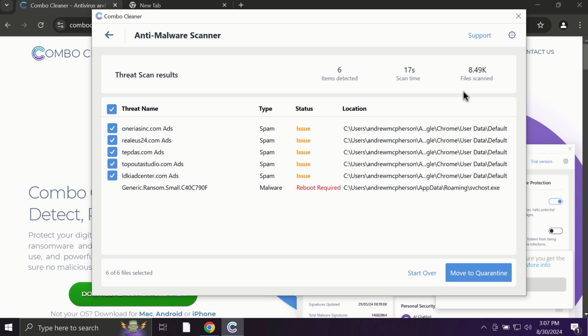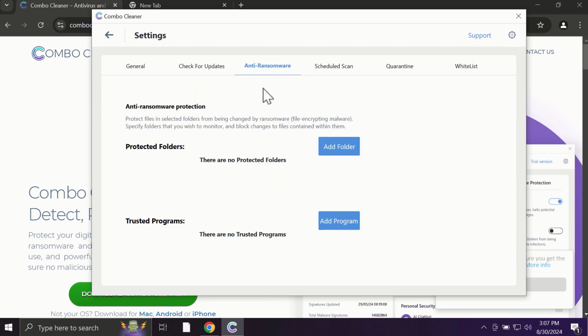Based on the summary of threats, you'll be able to know the locations of threats. Some threats can be removed manually, but I definitely recommend you consider upgrading to the premium license. With the premium license, for instance, there is an excellent anti-ransomware feature which helps to always keep your data protected. You can add certain folders on your system and the contents of these folders will always be under protection